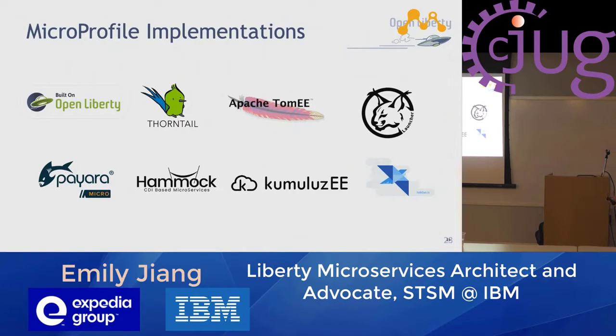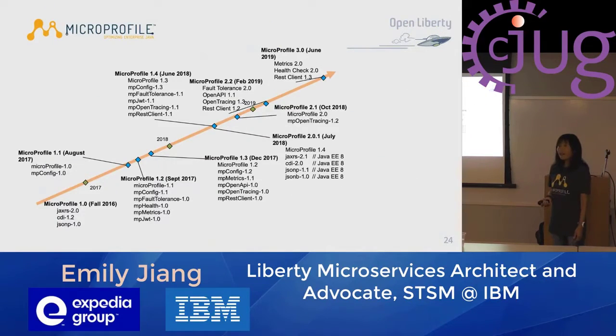Also Red Hat has Thorntail, and Tomitribe has TomEE, Apache Launcher is from Fujitsu, and from Oracle there is Helidon. KumuluzEE is quite a small one. Apache Hammock is one an individual created, not owned by any particular company. And this is Payara, which is owned by Payara. Graham also mentioned this earlier.